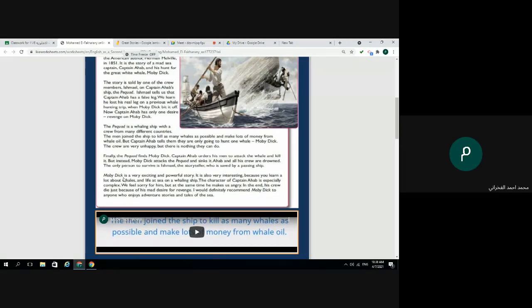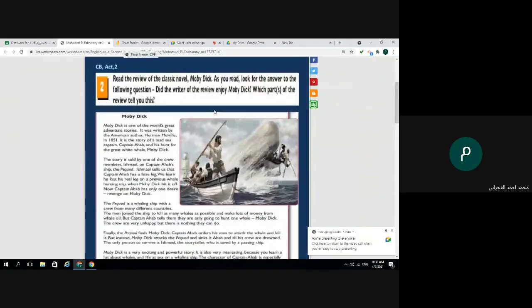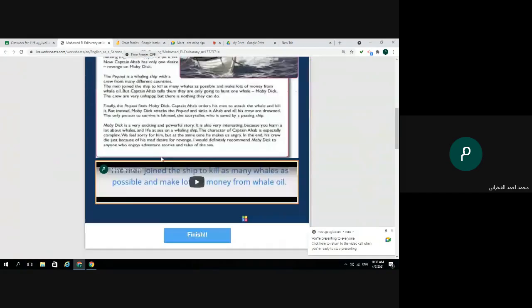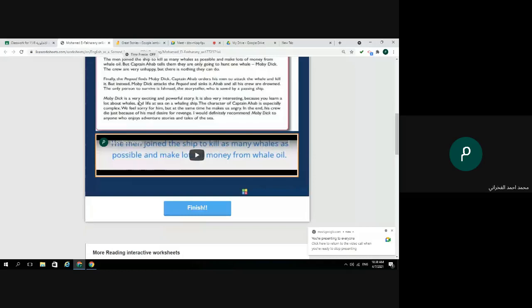Guys, the first sentence: very exciting. Very exciting and powerful story. Yes, this is his opinion about this story, and that's why he liked it. How did you know he enjoyed Moby Dick? Because he told me this sentence: Moby Dick is a very exciting and a powerful story.